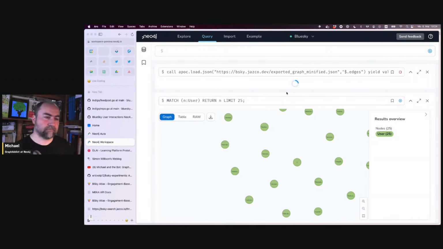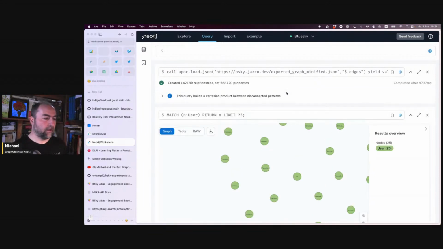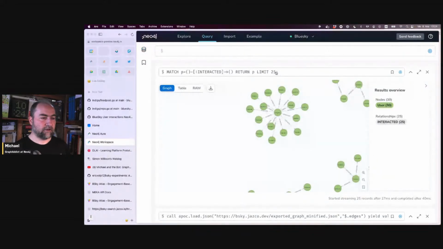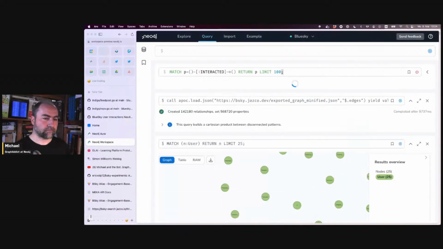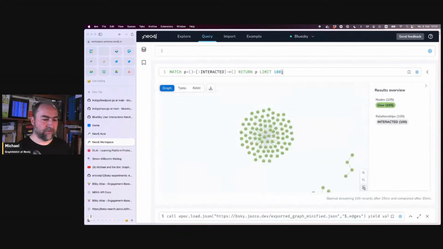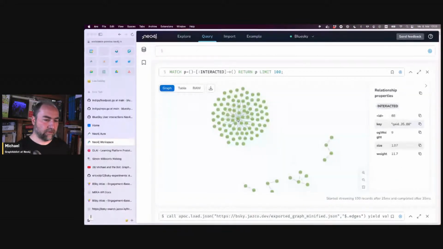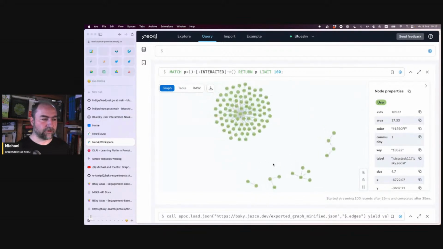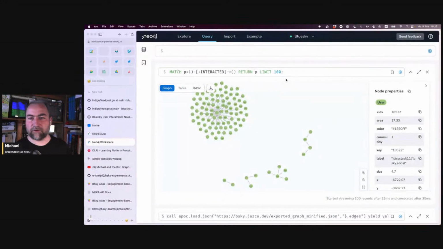Let's see. Okay. So it created 142,000 relationships with 568,000 properties. So we can now actually look at some of those, right? So we can here just click on the interacted relationship, and if we increase the limit, let's say to 100 or so, then we would see a bit of clusters here. So one node has a lot of relationships here in this one, so lots of interactions. A few nodes have a few relationships as such,